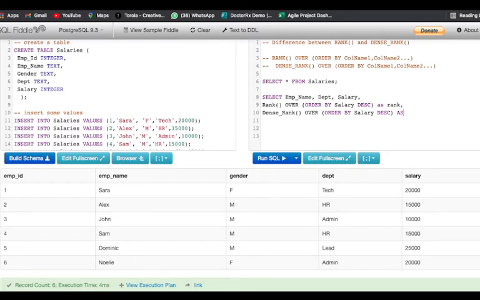We'll name the alias as dense R. Then I'll write from salaries, which is our table name. I hope this is clear. Let us try running this.